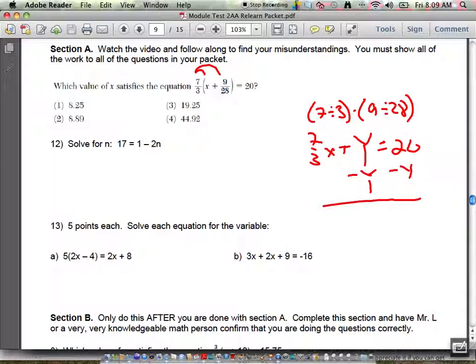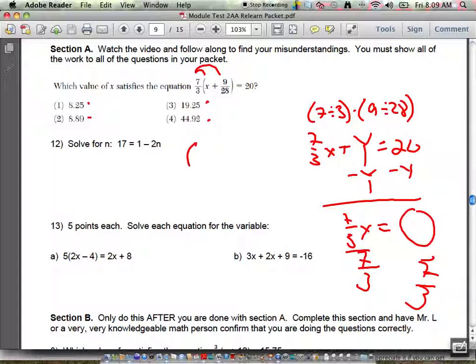And then when you get that value, you can use your calculator. Once you get that value, you can just divide both sides by 7/3. That's a great way to do it. There's no problem with that. The other way to do it is to take each of the 4 choices and to substitute them in and